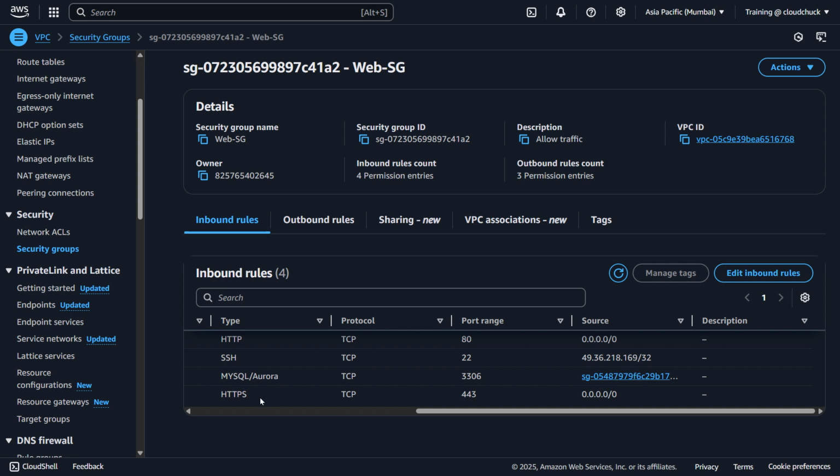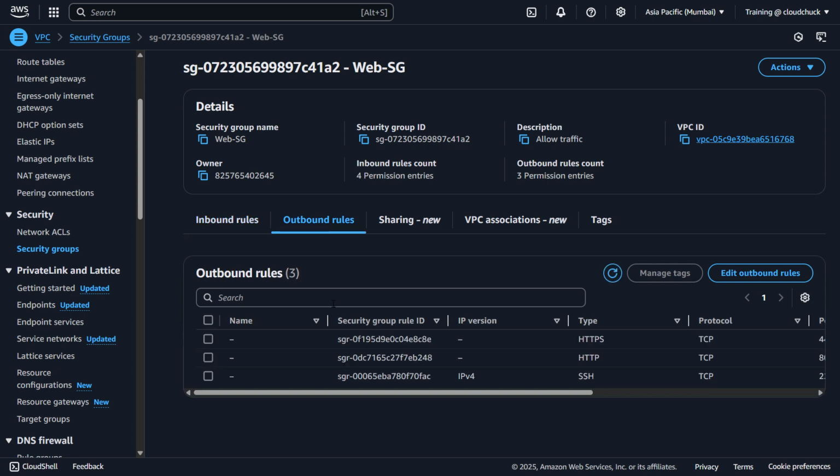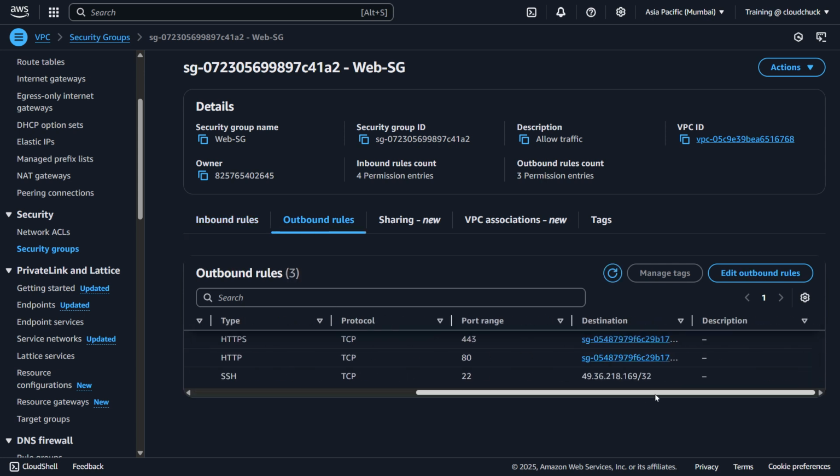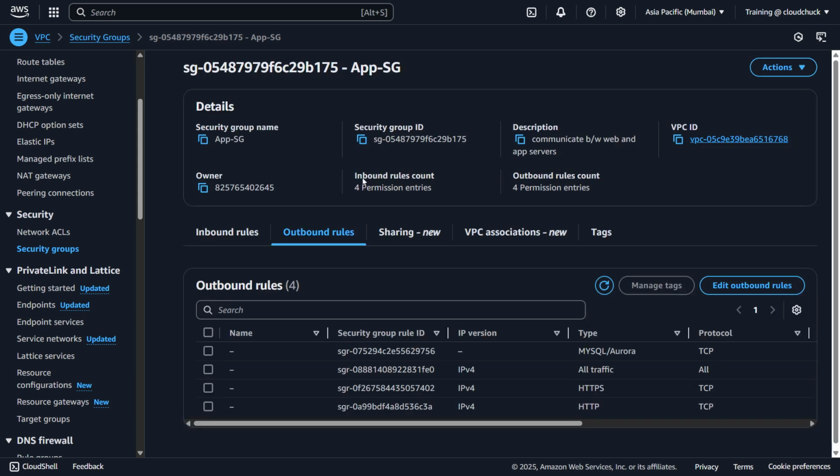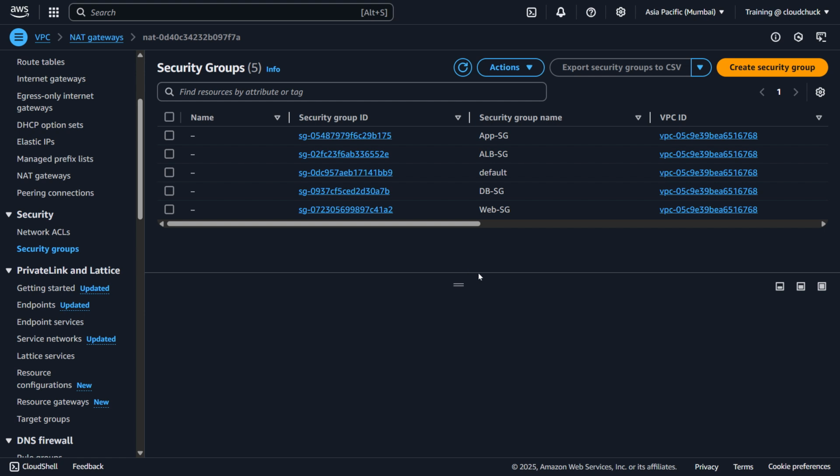Then HTTPS comes from anywhere. For outbound, where it can go outside, HTTPS only via the internet gateway. So these are the security groups for the internet gateway. And then SSH, oh sorry, ALB, my bad. You'll notice that this is the ALB. Okay, coming back to the security groups for the web server, outbounds,